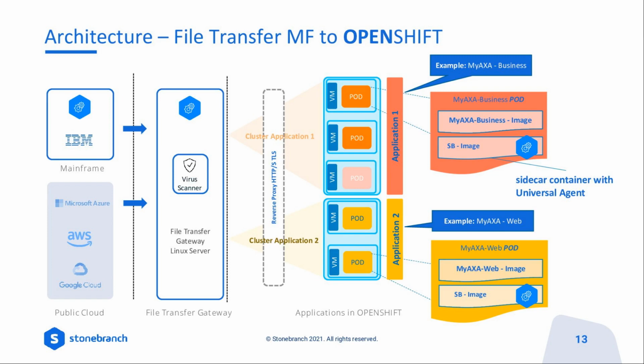So using the built-in data transfer components of the agents, they're able to handle the required file transfer securely without opening inbound ports, which was a big security concern they had when they were speccing out their containerized environments. Basically each time they scale up a pod or start a pod, the Universal Agent that is started in the sidecar container dynamically registers with the Automation Center Universal Controller. And they dynamically, automatically join a specific what we call an agent cluster, which is a grouping definition. And when the pods are stopped, that's dynamically removed